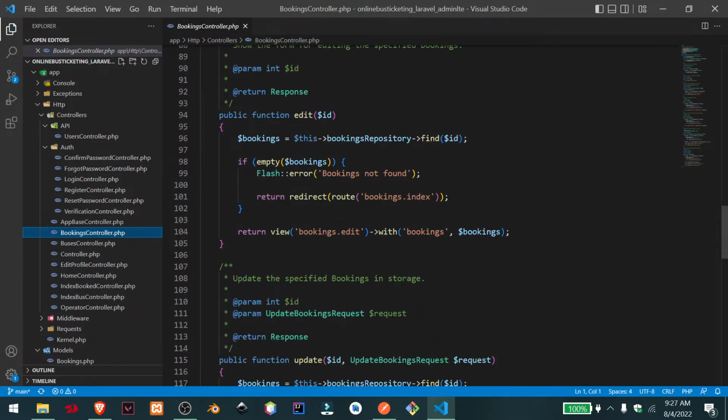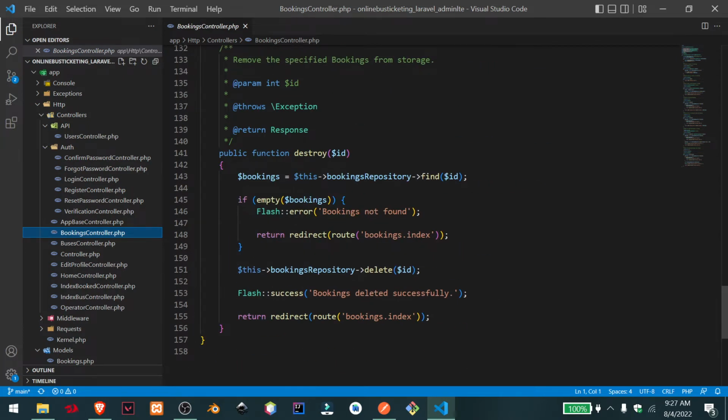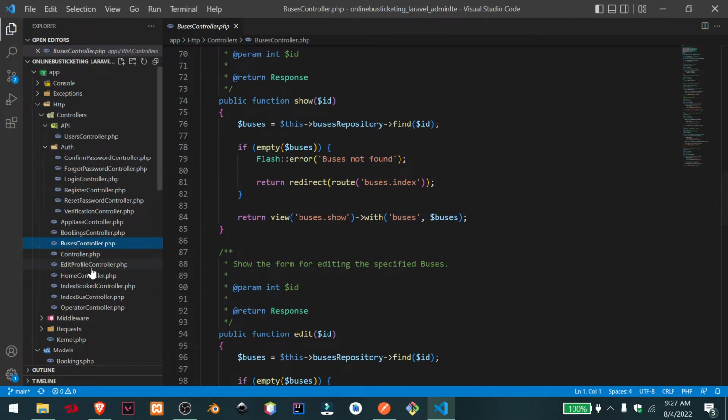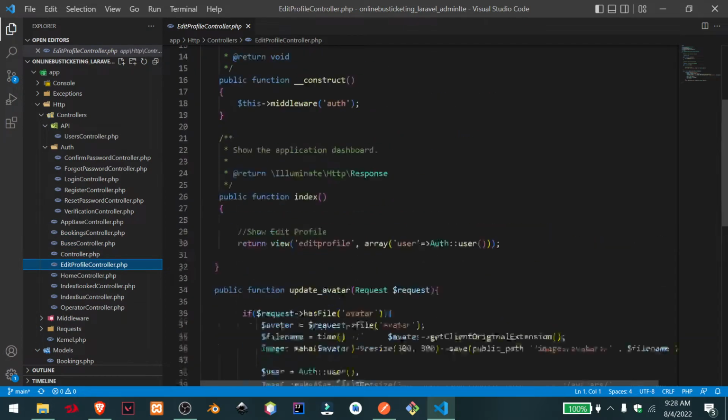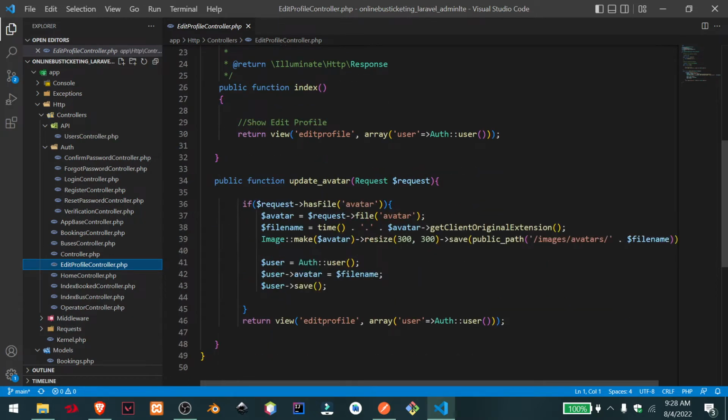So and then it has the edit function, the update function, and the destroy function, so when you delete a booking, it is deleted and removed from the database. And then here in our buses, they are the same. In our edit controller, as you have seen in our edit profile controller, there is a request that